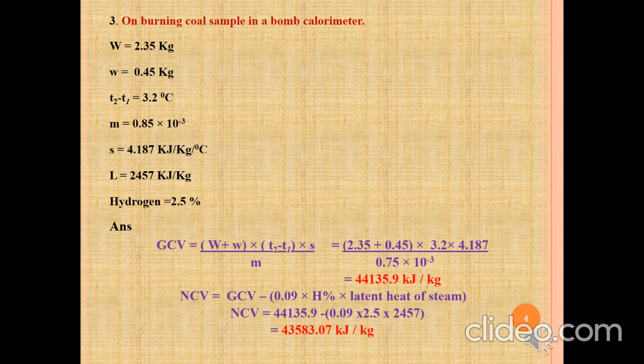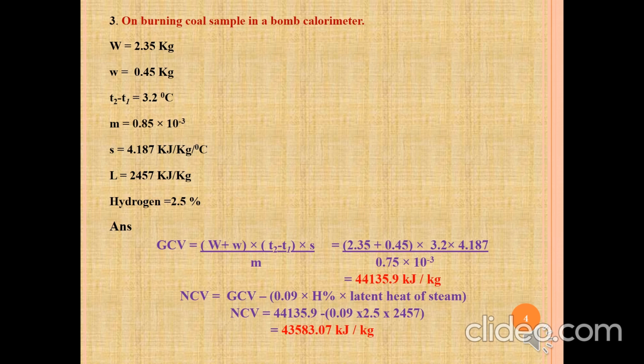S, that is specific heat, which is given by 4.187 kilojoules per kg per degree Celsius. Next, L, which is nothing but latent heat of steam, which is given by 2457 kilojoules per kg. Next, the percentage of hydrogen is given as 2.5%. So, to find the solution for this kind of question, first of all we have to write the formula